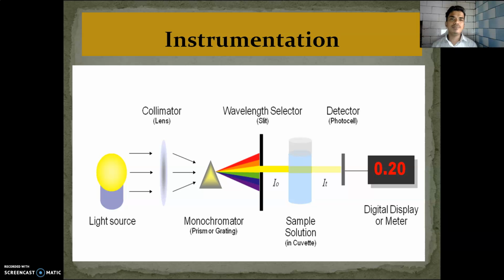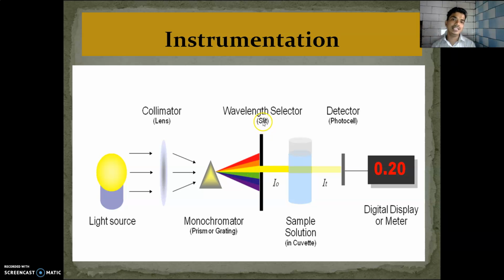Then the next important point is the instrumentation. First is the light source, which is obviously a UV light source. Then a collimator, which is a lens. Then the monochromator, which gives a specific type of monochromatic light. It takes the incident white light and gives n number of colored lights, or monochromatic light. We pass only one